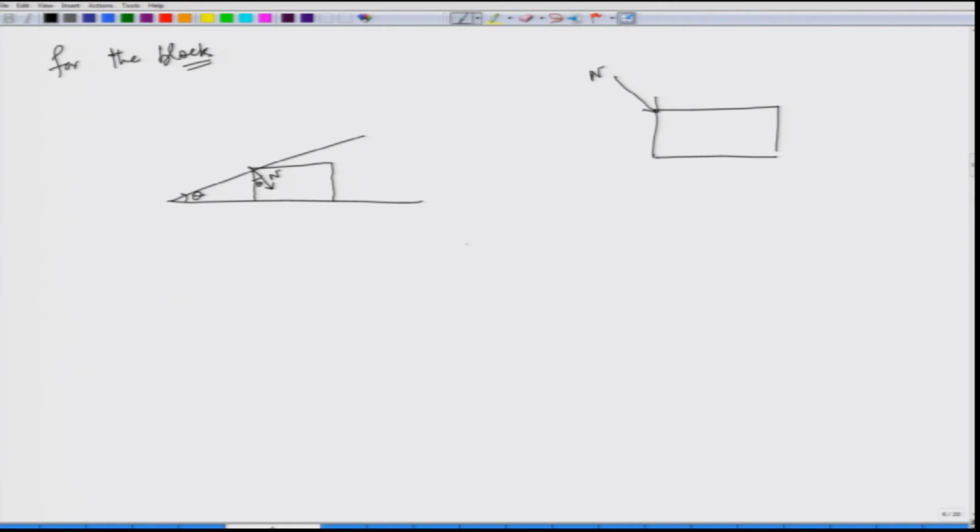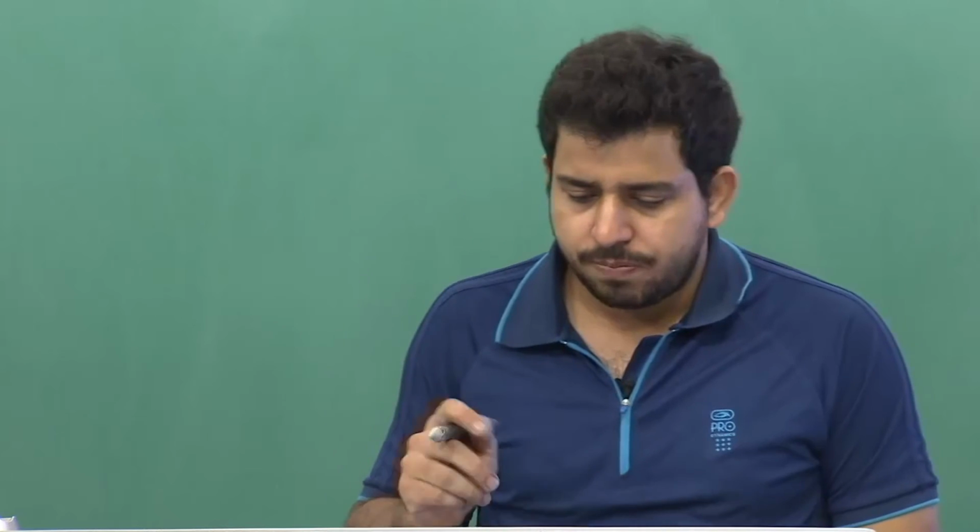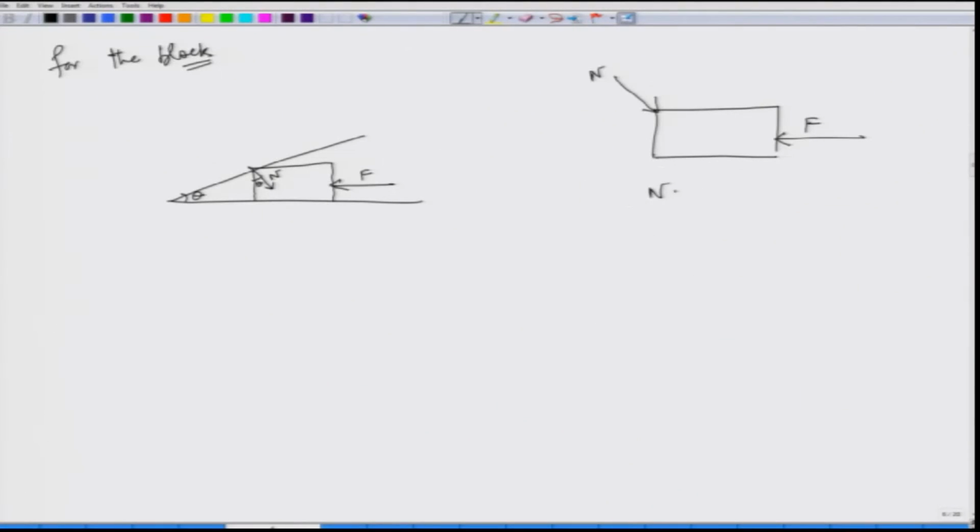So for the block, there is a force F that is applied on it, so as to keep the system in equilibrium. We can see from the diagram that the component of normal that is opposing the force is N sin theta. N sin theta should be equal to F. The question says, what should be the horizontal force F that should be applied on the block to keep the system in equilibrium.